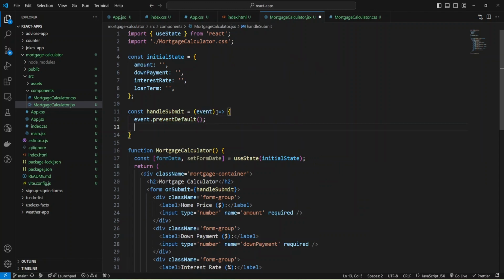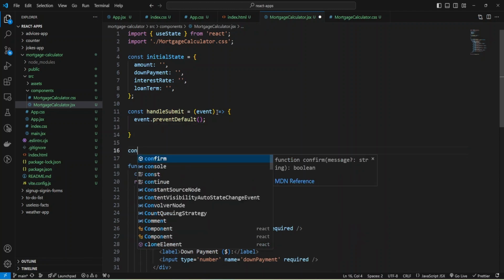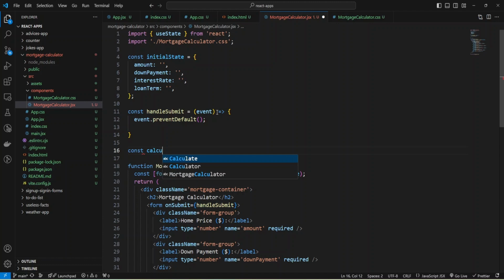And now I can calculate my payment, and we need function. It will be also arrow function const calculate monthly payment.